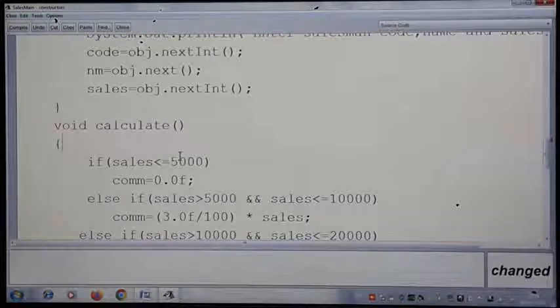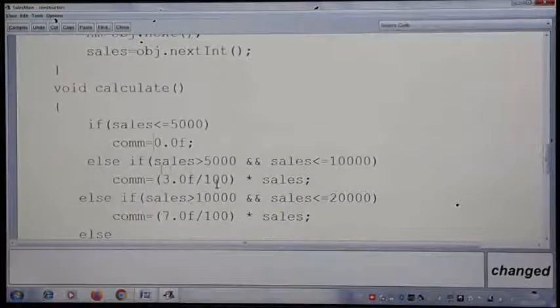You all have learnt this in your 9th standard. So we are writing the if condition here. Check the sales. If it is less than 5,000, no commission. Some of you have a practice of writing "no commission" like this. Remember, when they say no commission in the question, commission is a numeric type field where you cannot store string data. So you have to store 0 into that. Then else if it is between 5,000 and 10,000, it is 3% of sales.